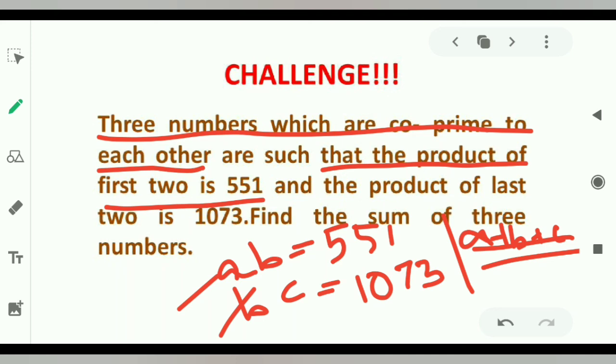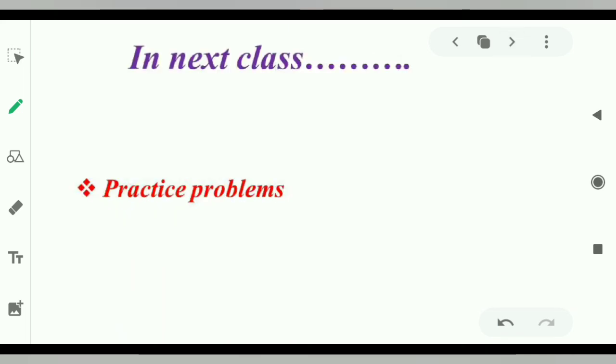Let me solve this problem in the next class. That's all for today's class. Hope you all enjoyed today's class. In today's class, we have seen some tricky problems. I know it will be a little tough to understand, but it is very important for me to solve the difficult problems so that you will solve all kinds of problems given in your question paper. Let me see you in the next class with more gifts. Yes, I'm going to give the practice problems in the next lecture. See you in the next class.